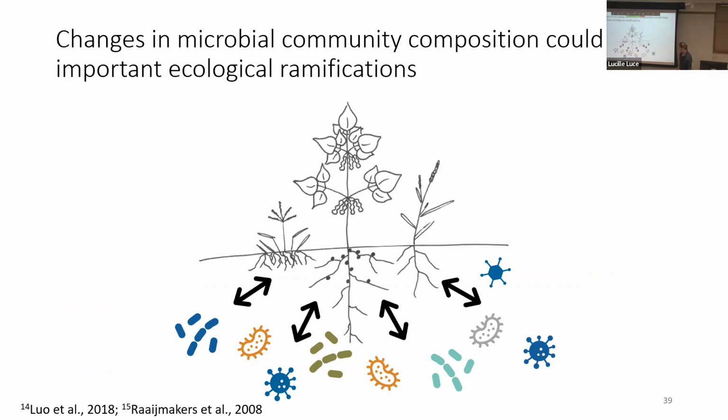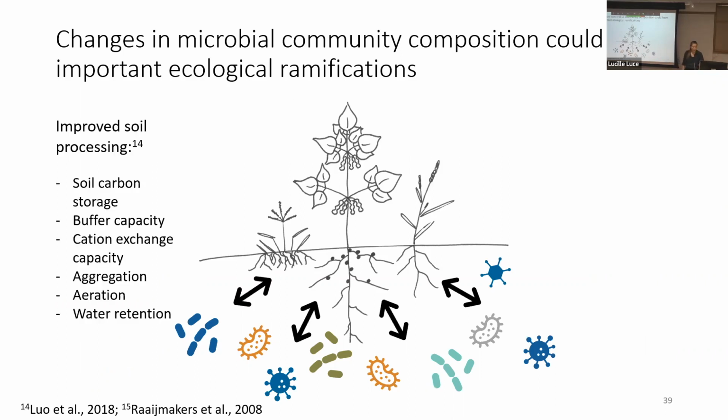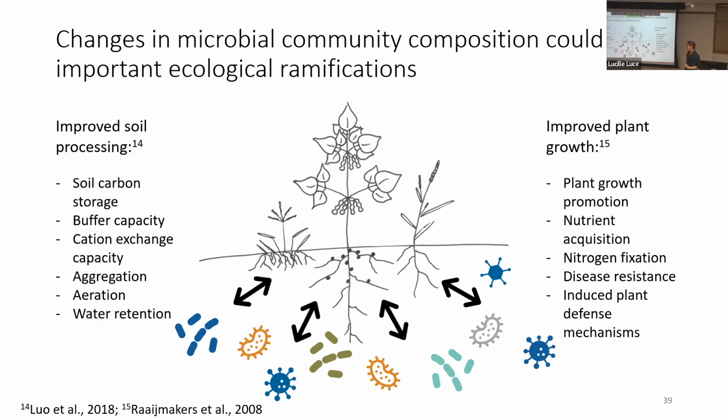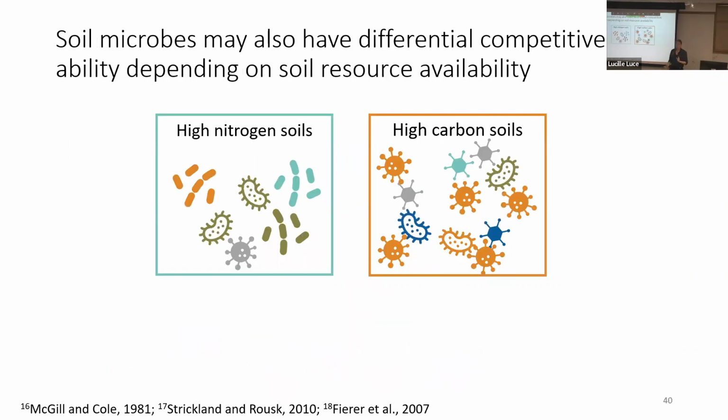So we know that microbial communities are really important for ecological functioning. They affect both soil processes as well as plant growth. And we would expect that microbial communities would change similarly to plant communities based on resource availability. We know a little bit less, or a lot less, I'd say, about microbes in general. But in high nitrogen soils, we would expect to see higher bacterial to fungal ratios because bacteria have generally a lower C to N ratio requirement. And we would expect to see maybe copiotrophic, R-selected, or faster growing